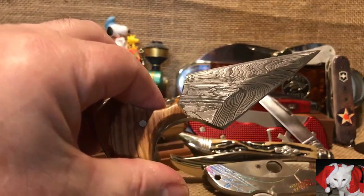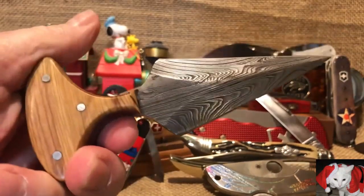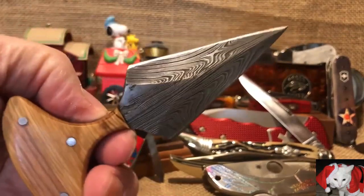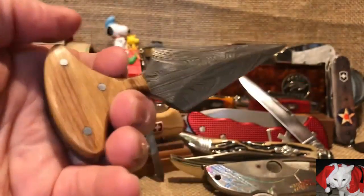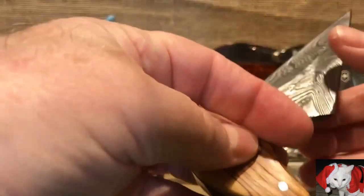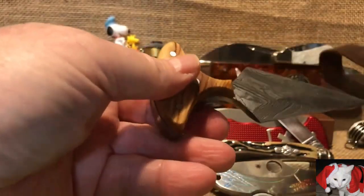Damascus steel, and I use quotes when I'm saying that because it's really some kind of inexpensive pattern welded steel out of Pakistan, but it's a push dagger. This one has a wonderful olive wood little grip going on and feels really great in the hand. I did a couple videos on these push daggers, and I really like them. This was the